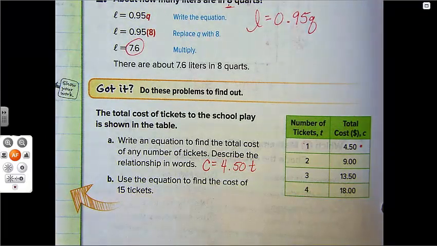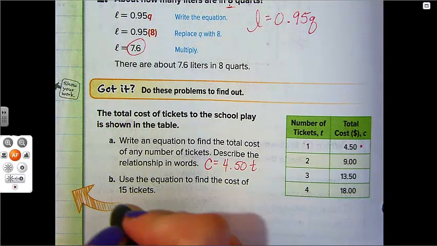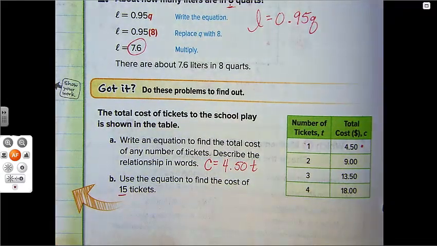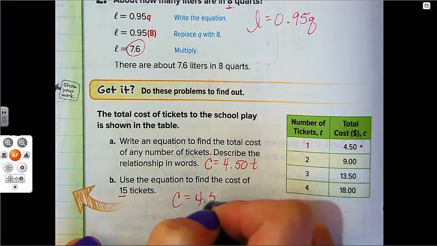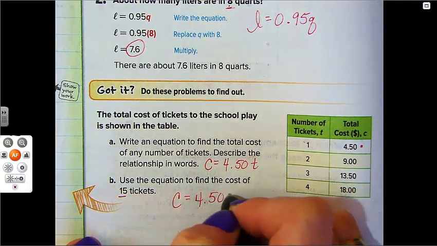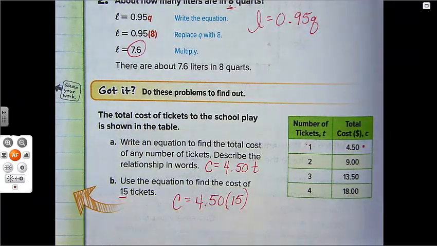Well, now I can figure out how much it's going to cost to buy 500 tickets without having to draw out this table to 500. It doesn't ask us to find 500, but it does ask us to find 15. So I want to see how much it costs for 15 tickets. Well, I know it's $4.50 per ticket. So I take $4.50 times 15,